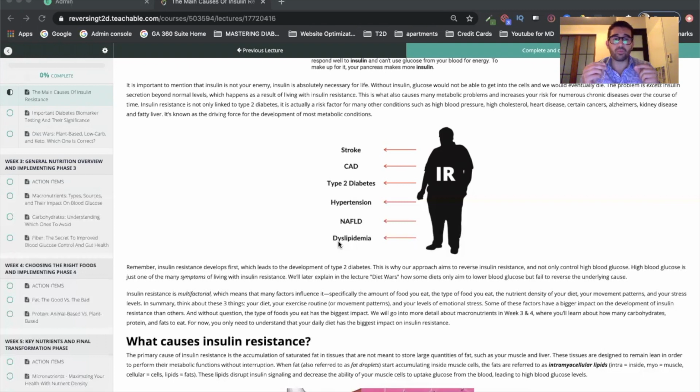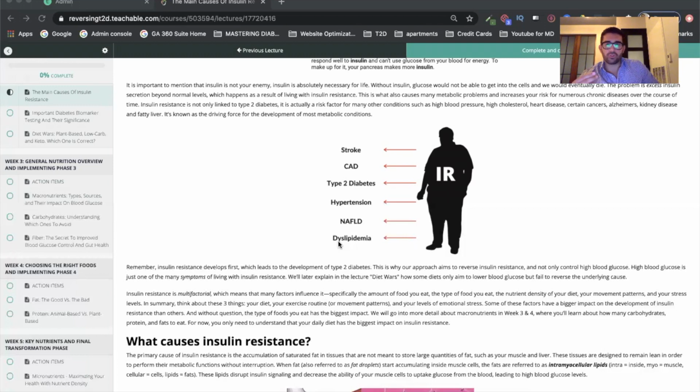That is the reason why it is extremely important to adopt a lifestyle and a diet that reverses the underlying cause of the disease and not only focuses on the symptoms, such as low-carb, ketogenic diets. With that being said, you might be asking yourself, okay, so what can I do, or what diet can I follow in order to reverse the underlying cause of the condition, insulin resistance?